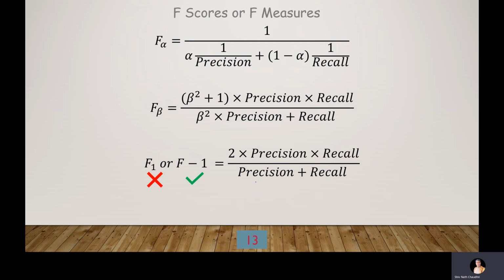These are the formulas of F alpha and F beta score. Adhering to the nomenclature of F alpha and F beta scores, if we write F1, it may be ambiguous that it is derived from the same value of alpha and beta, that is 1. However, this is true for the beta only. In contrast, the F1 score is obtained from F alpha for alpha equal to 1 by 2. Hence, being unambiguous, the second symbol is quite better to use in my opinion.